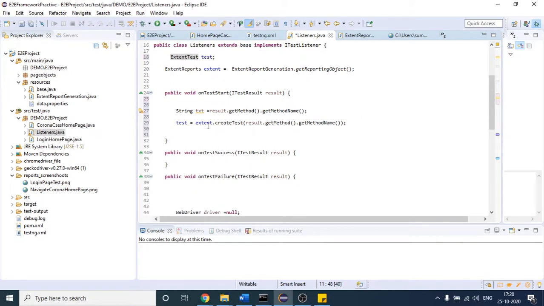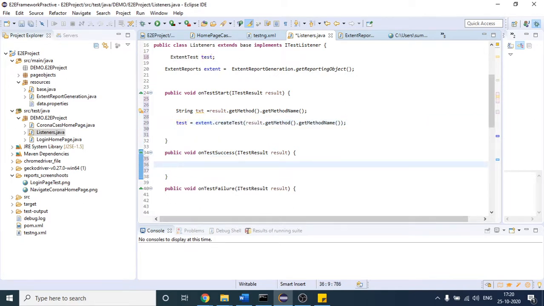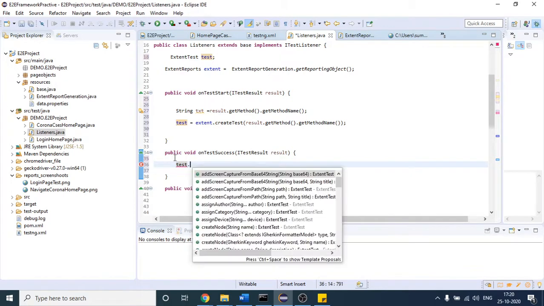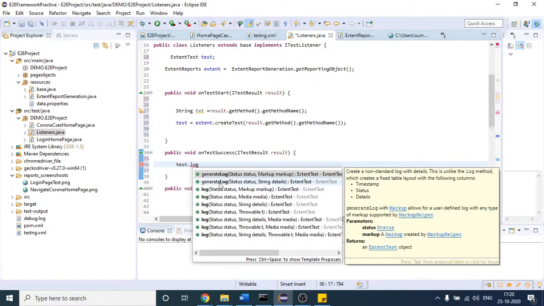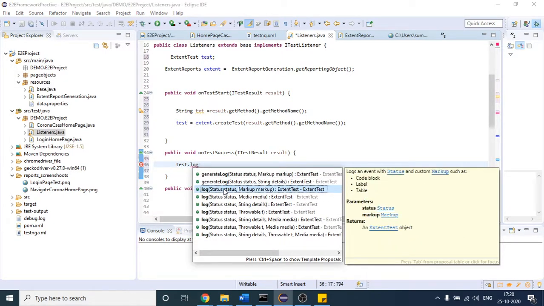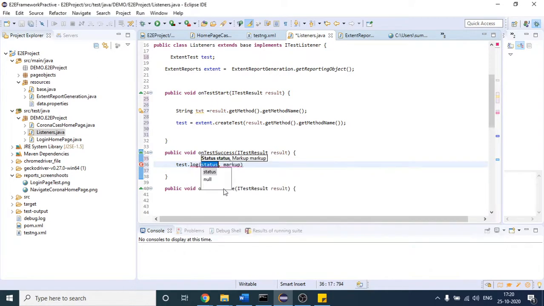So what I mean to say is, once this line executes, the extent report is listening to all the test cases, and it will return one object. I am catching that object here, and this object will provide you some methods. If your test case passes, or you can say test success, I will say test dot log, inside my file I will provide the logs of test cases.